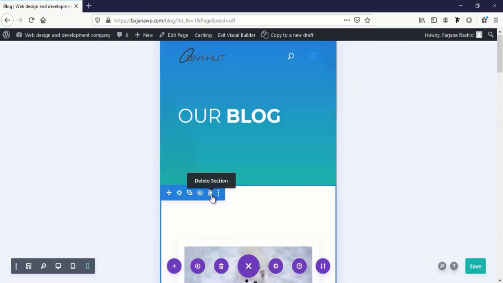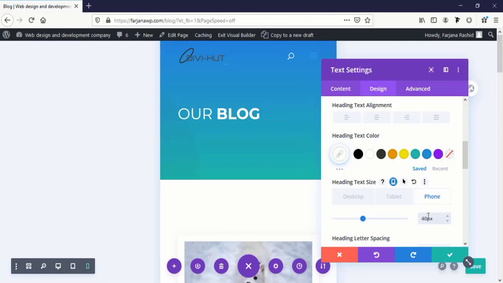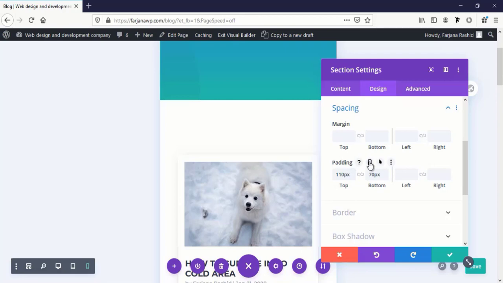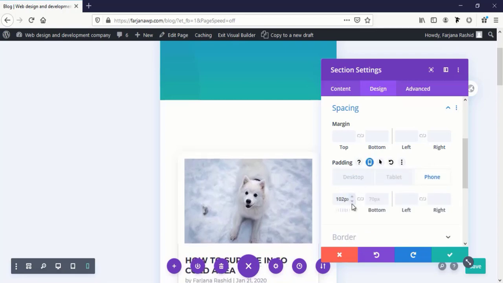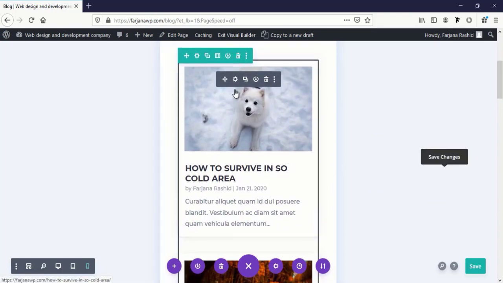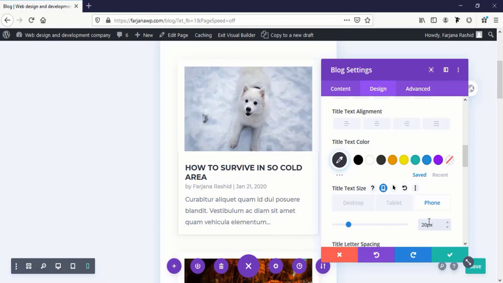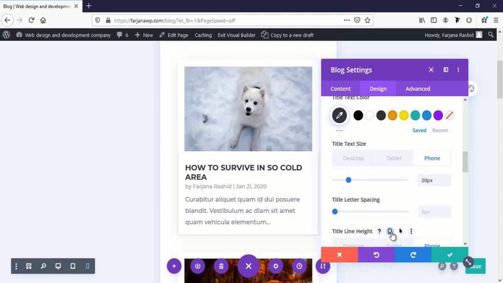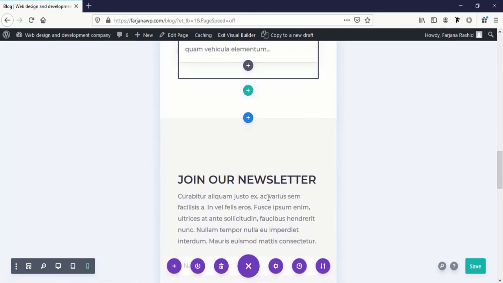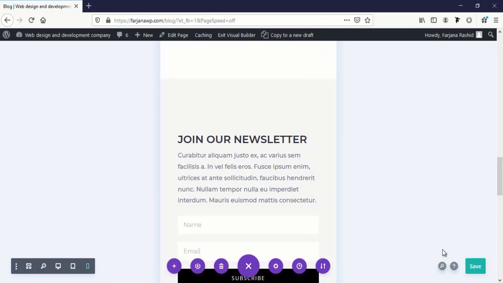Now going to phone view and decreasing this font size, making it 40 pixel. Save it. We can also decrease our section spacing by going to phone view and just decreasing it. Save it, and here we can also change this font size a bit. Going to phone view and making it 20 pixel, and line height, okay, line height is okay. Just save it, and also decrease this font size, making it 28 pixel. Save it,